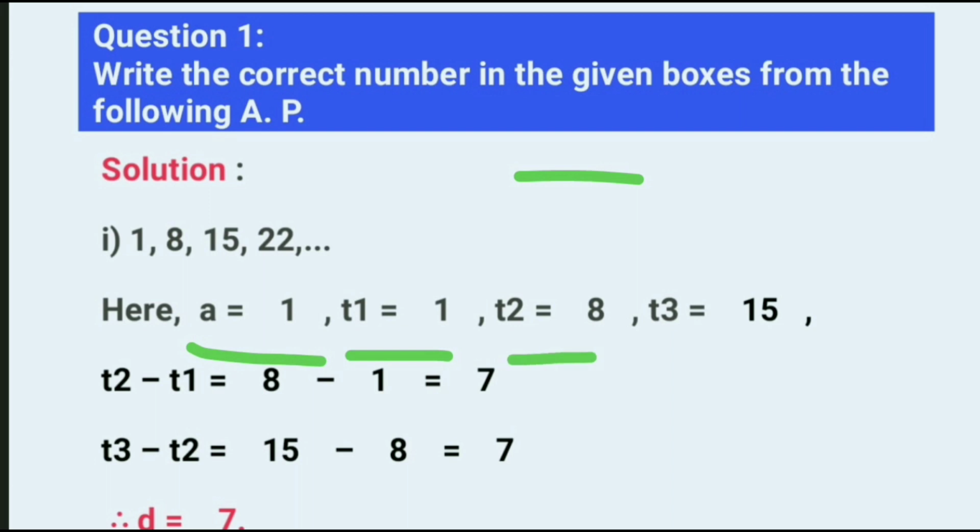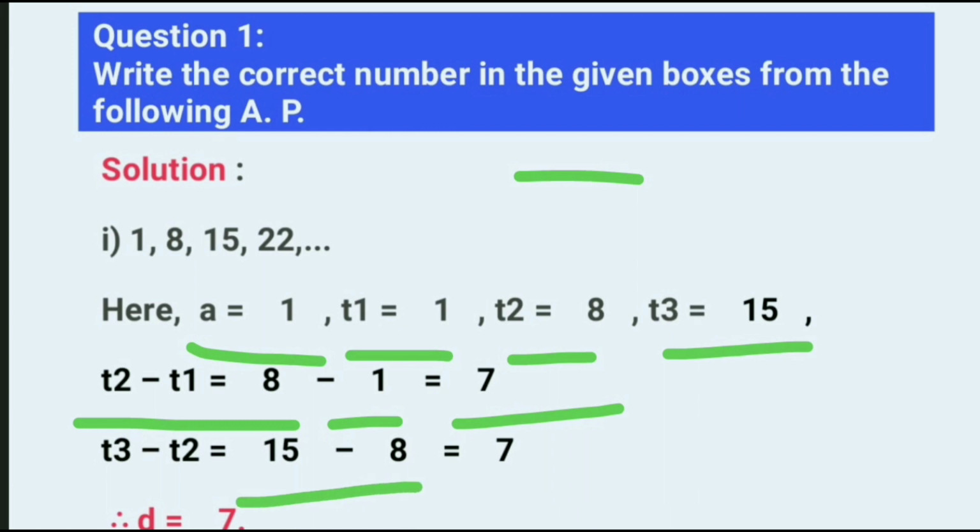is equal to 15। नाउ हमें क्या करना है, हमें डिफरेंस निकालना है। तो t2 माइनस t1 इज इक्वल टू 8 माइनस 1 इज इक्वल टू 7 एंड t3 माइनस t2 इज इक्वल टू 15 माइनस 8 इज इक्वल टू 7। सो d इज इक्वल टू 7 इज द आंसर।